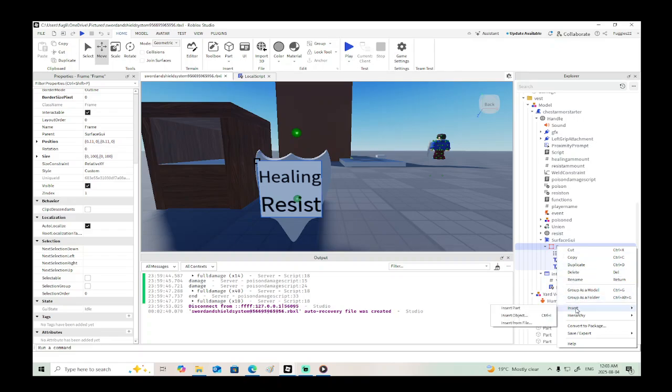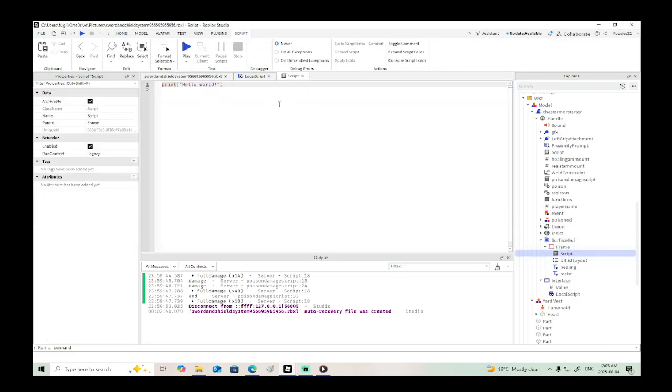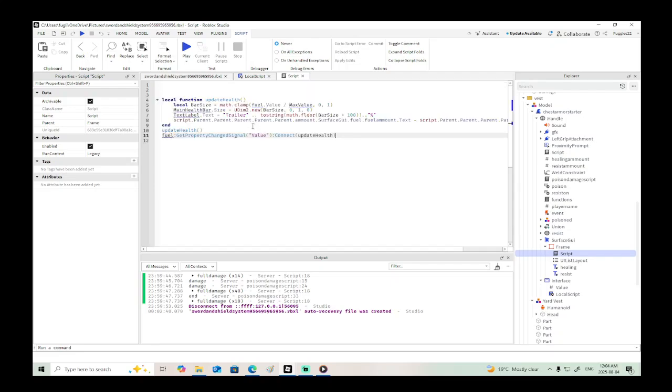We go insert object, a script. I think we can get away with a regular script here. Okay. So what does this do? We don't need that, we don't need that. Unless we want to create, actually, yeah, we could do that. Okay, so